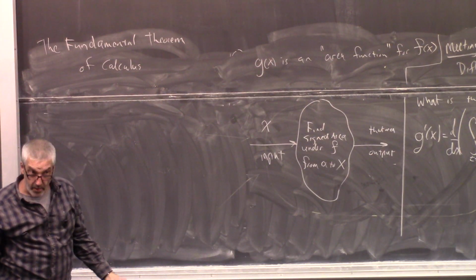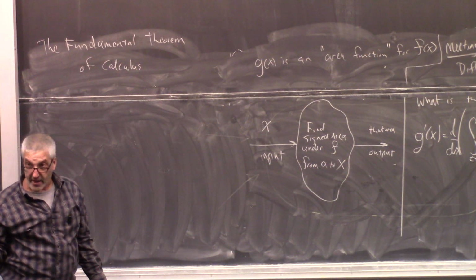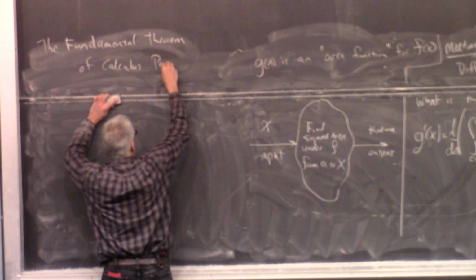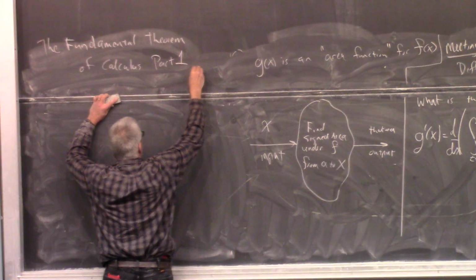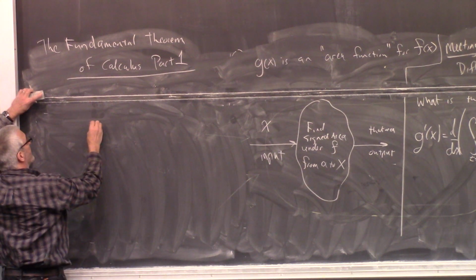So things are getting really weird. Things have been really difficult. So this should strike fear into your heart. This is the fundamental theorem of calculus, part 1. Dun, dun, dun. So it says that if you build one of these area functions,